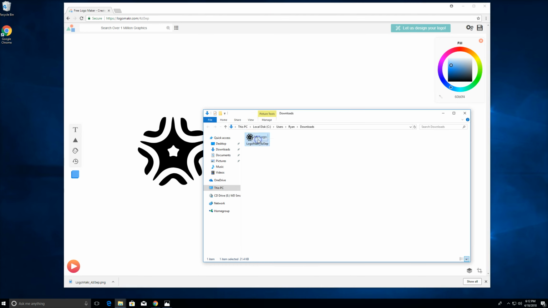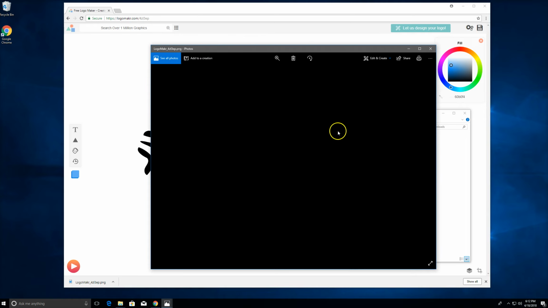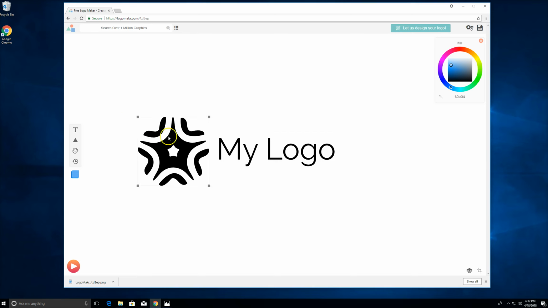But let's say I open it up in the default editor of Windows. The default editor, its background is black. And if you have something like this and it's black too, then it's going to blend into the background that's black. Right here we have a white canvas background and we give you the logo in transparency so that you